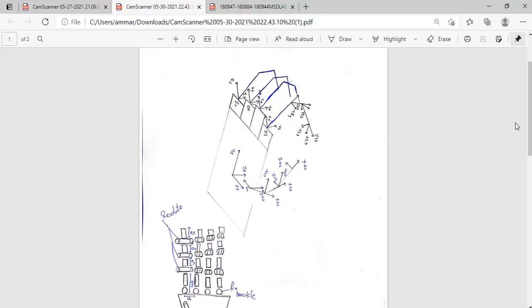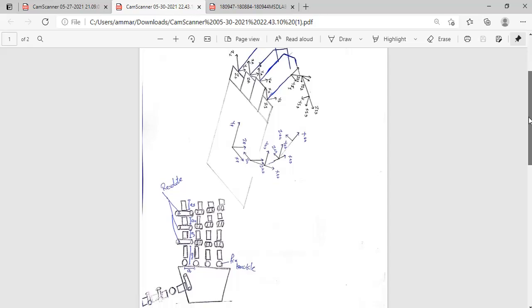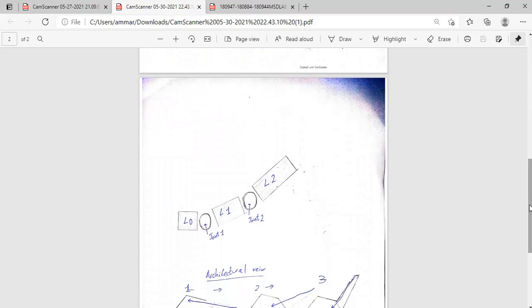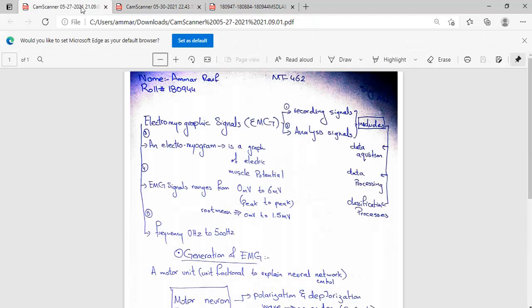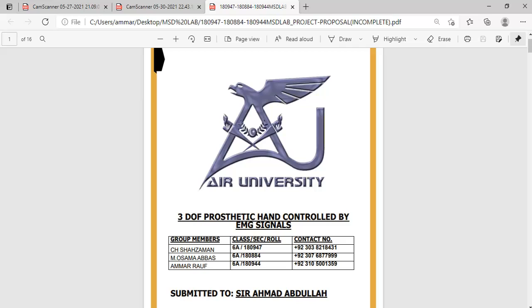Moreover, I am going to show you the MATLAB representation in the next video too. So this is the end of our second part, and in the last part I'm going to show you the CAD models we've been looking through and one of the designs we have. So this is the last part of our video, in which I'm going to show you the CAD models we have been going through and one of our designs which we have made.